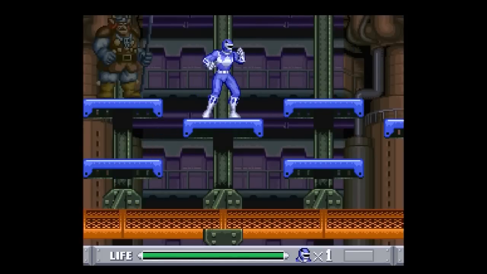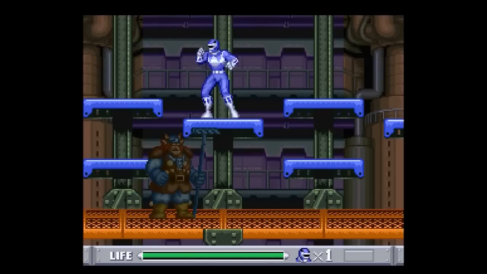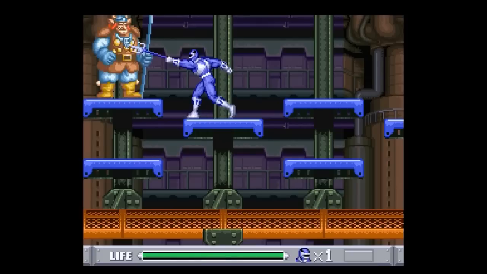Well, see, this is all you need. You just stand in one place and turn around and hit him. He's not going to hit you if you're not in a shootable area. Wait till he starts flickering like a bastard, though. But yeah, you know, it's...